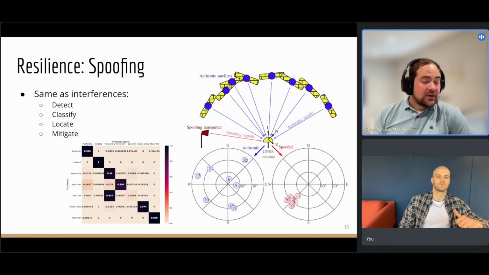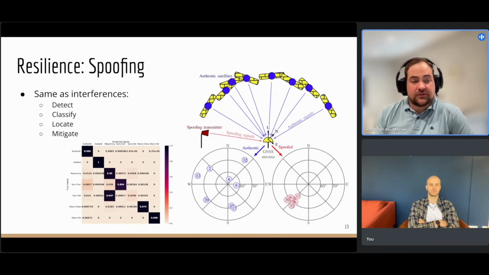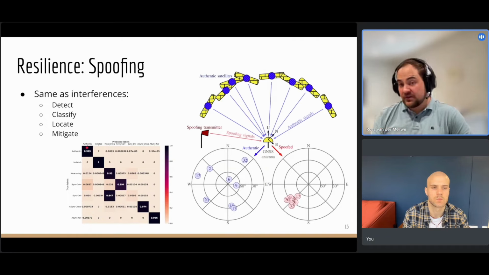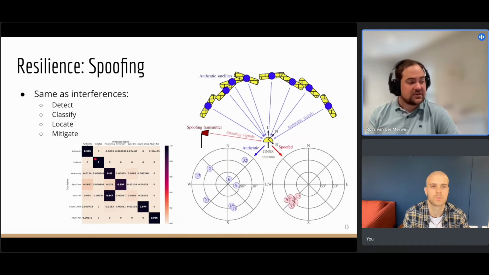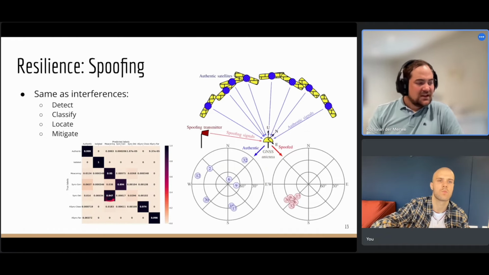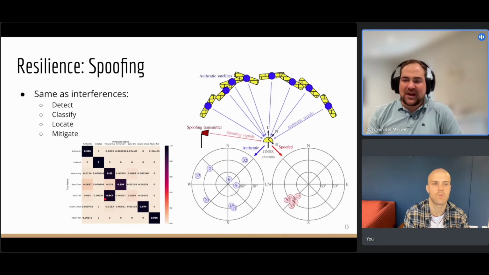Sure. So here we have one example of a confusion matrix that was trying to do this classification of different spoofing types. What you'll see here is in the first column, I have an authentic signal, so this is if all of them are unspoofed, the real constellation. And all the other columns are different spoofing attacks that I've simulated. Generally, looking at the spatial information, you can really well distinguish, detect or classify the spoofing attack type. There's one exception here, which would take a lot of detail to explain why this happened.